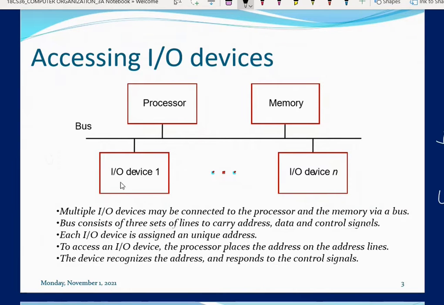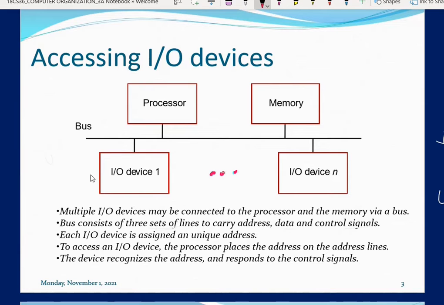Here you can see in the diagram, IO device 1, and this dotted line indicates there may be more than one device connected to the bus. Almost 10 devices. Here you can see 1 to n devices are connected.